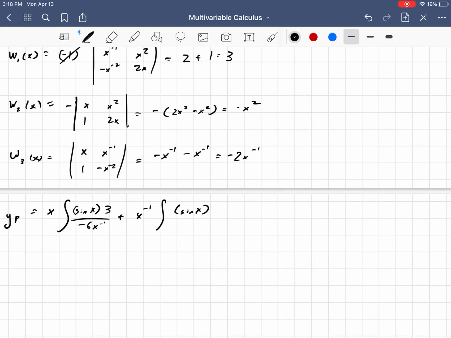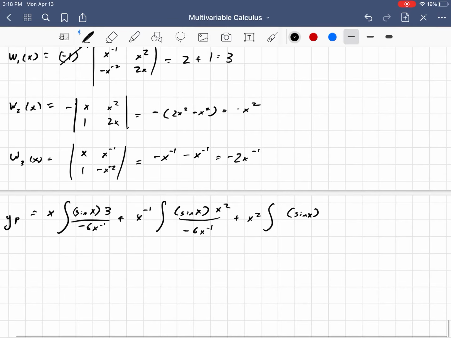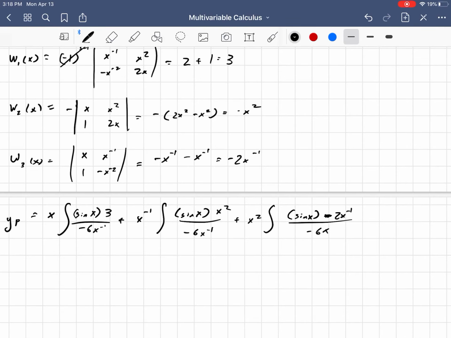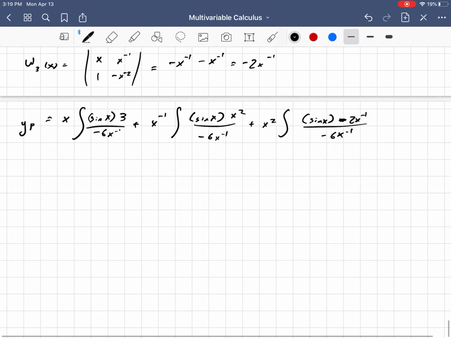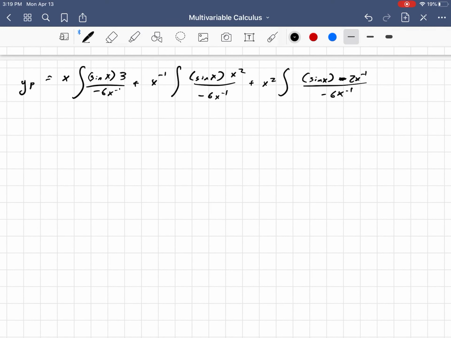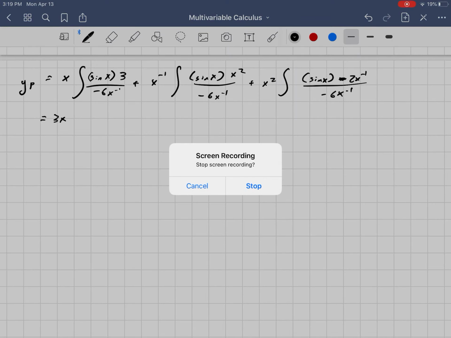Plus, now we have x to the negative 1 times the integral of sine of x, still, times x squared over still a negative 6x to the negative 1. And then we have plus x squared times the integral of sine of x times negative 2x to the negative 1 over negative 6x to the negative 1. Now I have to do all these integrals, and I still haven't found the general